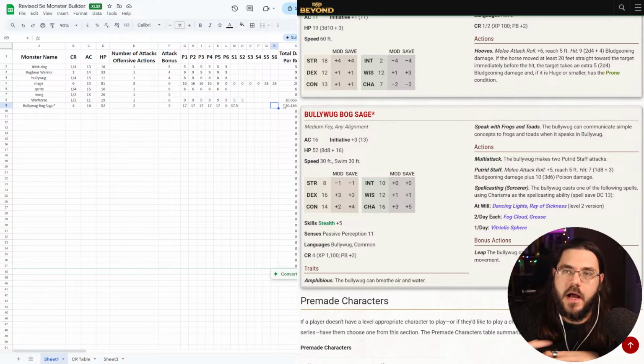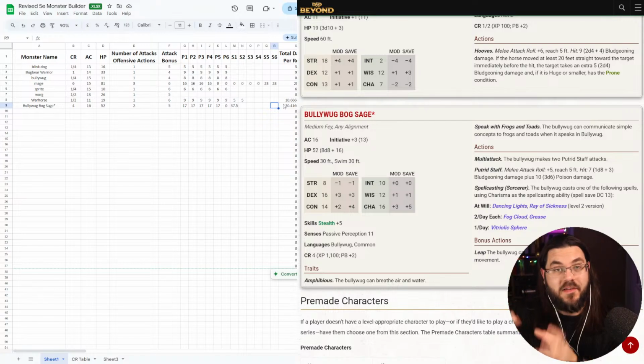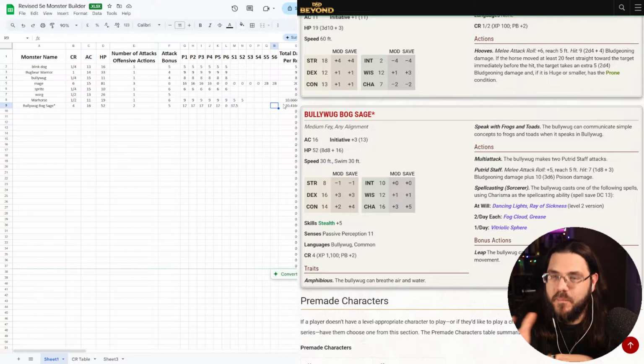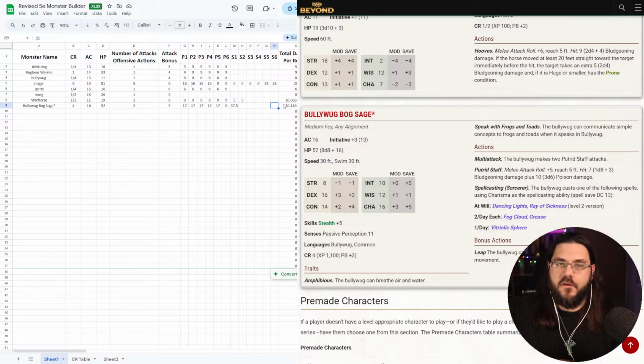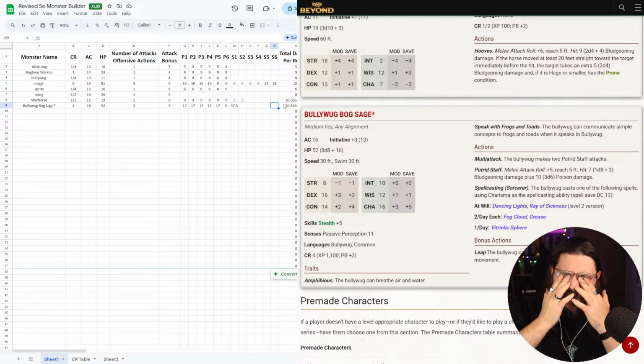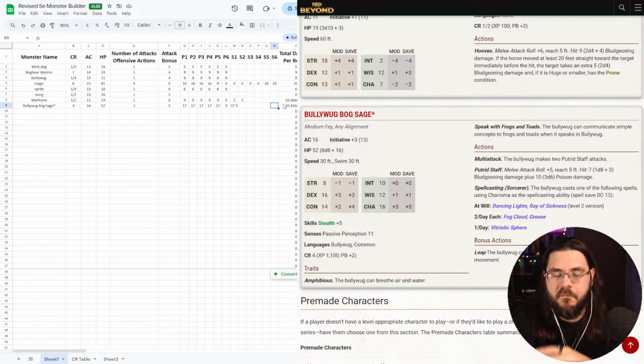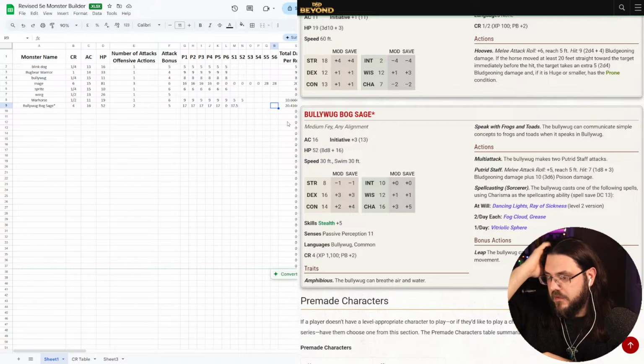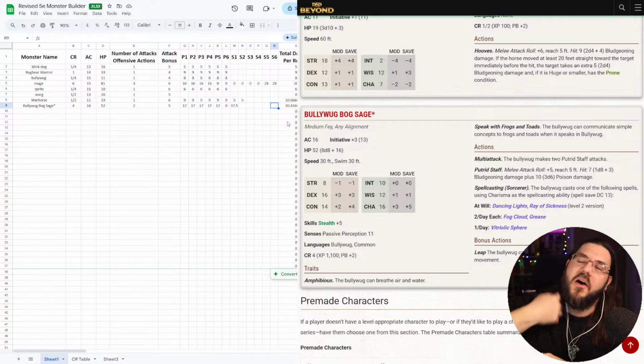I don't know how large of a sample size we're going to get from this, because I'm not 100% sure of how many monsters have been revealed so far and what information I'm going to be able to get from it, because I've not done the work yet. But I plan on going through the 500 monsters in the Monster Manual, which is not going to be fun work, and doing the same to see what the big difference is in design philosophy between then and now in terms of the numbers approaches,